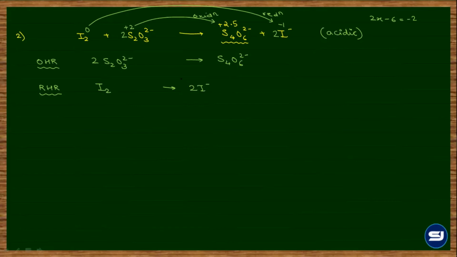So the step number 4, the balancing of oxygen will not be required. So आप सीधा लिखोगे balancing of oxygen not required. So अगर oxygen balancing not required है, will hydrogen balancing be required? No, sir. तो वो भी नहीं होगा. मतलब जो हमने ये लिखा हुआ है, that is itself the two half reactions which are balanced in terms of atoms. Now to balance in terms of charges, you look at the charge.